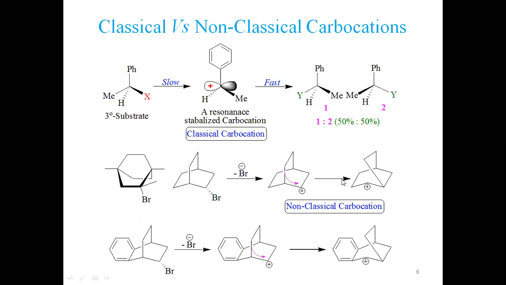So this is the one I have presented because it is not stabilized by pi electronic density of an aromatic system, olefinic system, alkyne system, or a non-bonding electron pair present on some heteroatom like oxygen, nitrogen, sulfur, etc. So anyhow, this is a non-classical carbocation. Now see another example.